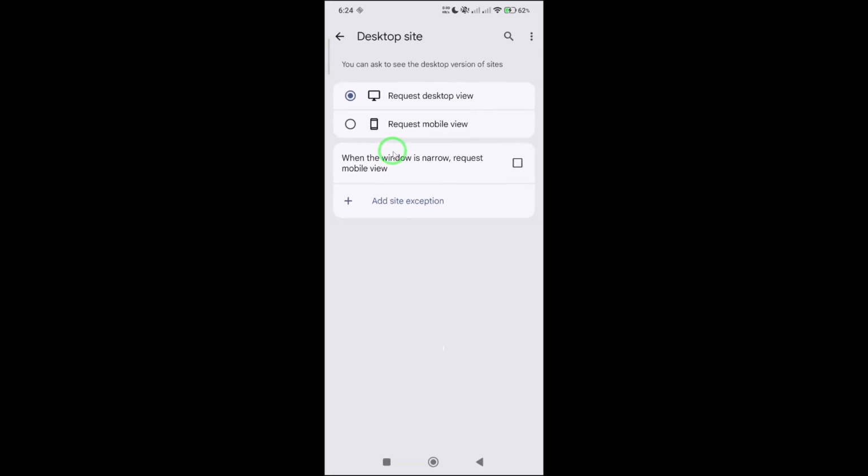If the switch is turned on, Chrome will try to load pages in their desktop version, which often makes text, buttons, and images look smaller or harder to read on a phone. To fix that, simply toggle it off. Once you do that, Chrome will automatically revert to displaying sites in the mobile